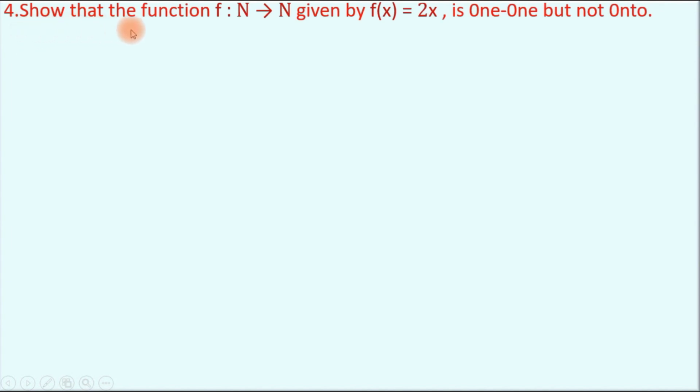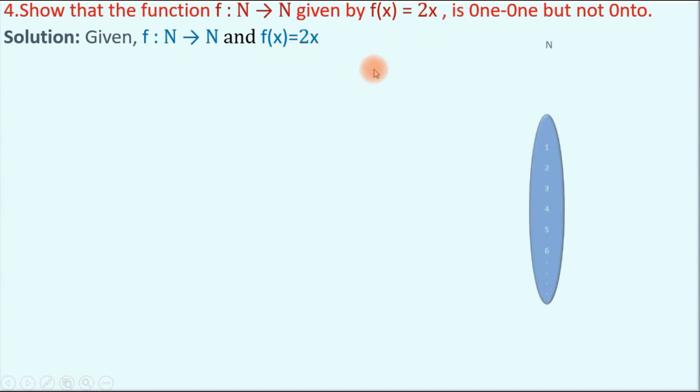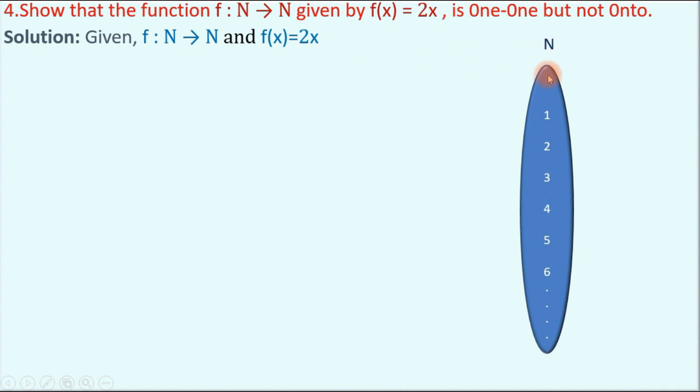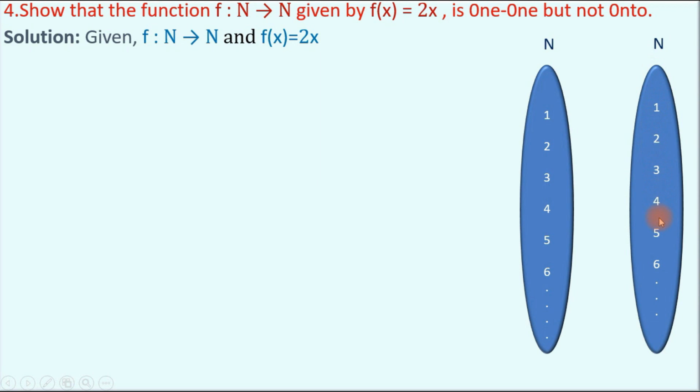Next, problem number 4. Show that the function f from N to N given by f of x equals 2x is 1 1 but not onto. Given f from natural number to natural number and f of x equals 2x. Look at a relationship diagram for this function. The domain N is the set of all natural numbers. The codomain N is also the set of all natural numbers, and the relation f from N to N is f